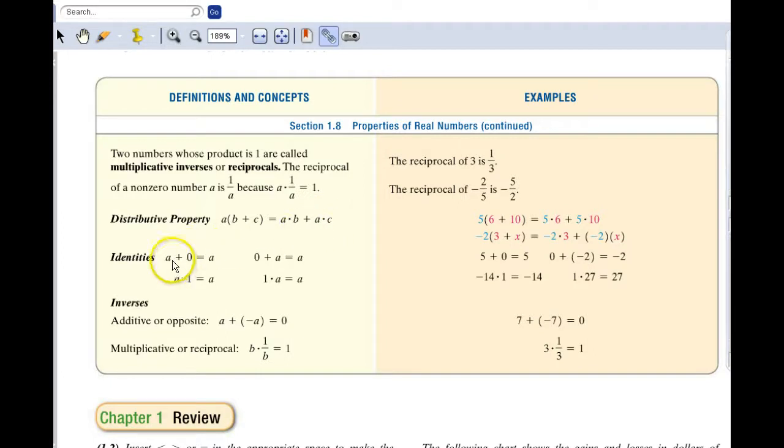Now, the identity of addition is that you can add 0 to any number and the result is the same. And the identity of multiplication is you can multiply anything by 1 and the result is the same. And then inverses, the additive inverse or opposite, adding one to the other, you end up with a 0. And the multiplicative inverse or reciprocal, if you multiply something by its multiplicative inverse or reciprocal, the product